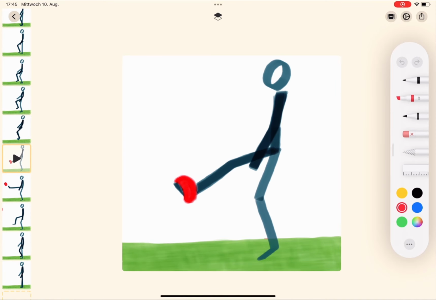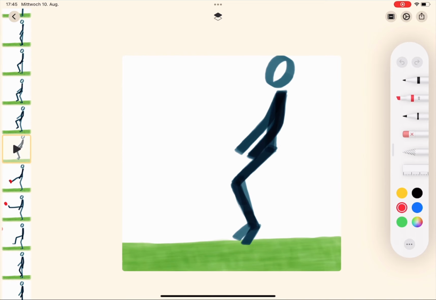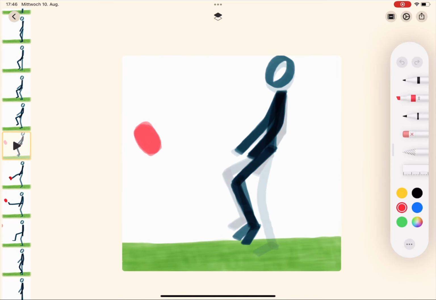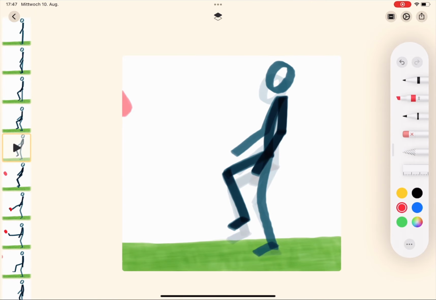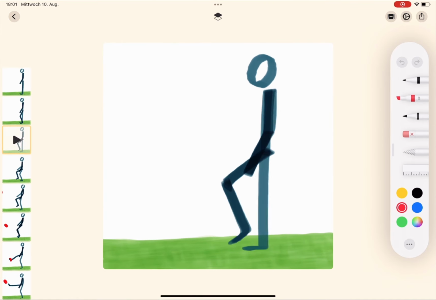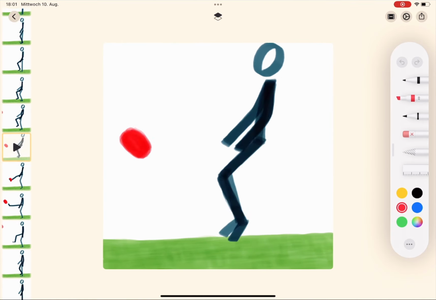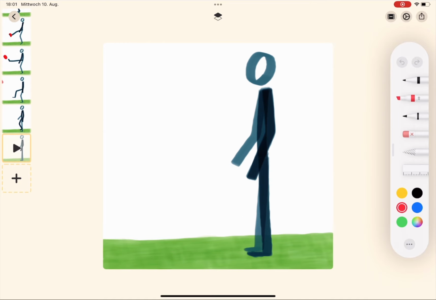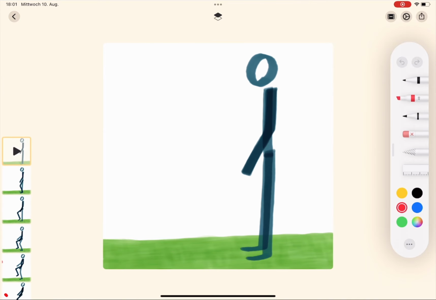Now you draw where the ball came from. Again, starting from the picture where the ball is on the foot, you can start drawing the 2 previous frames where the ball flies into the image. If you notice that the ball is not correctly placed on its trajectory, you can move it with the selection tool. To test the animation, drag the film strip again, and to play the entire animation, press the play button.